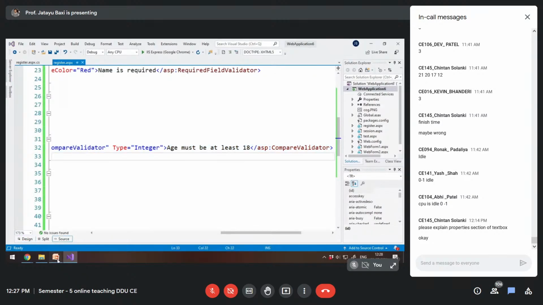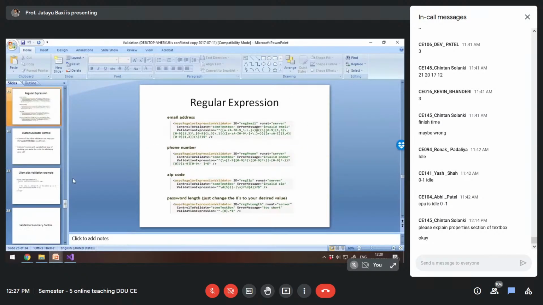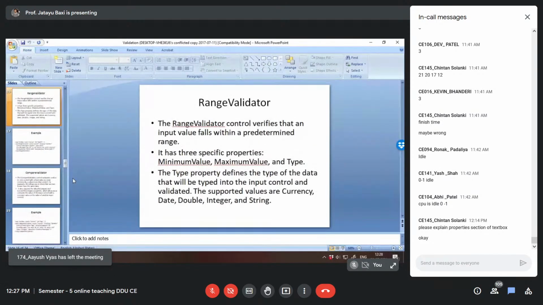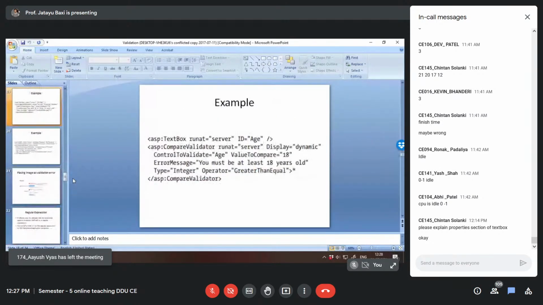There is no operator property in compare validator?